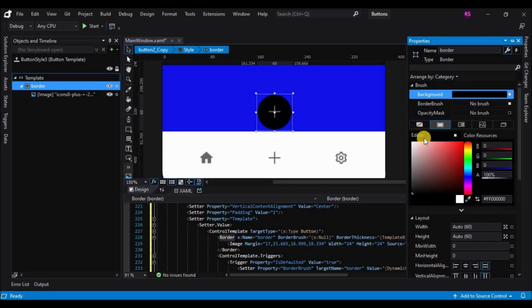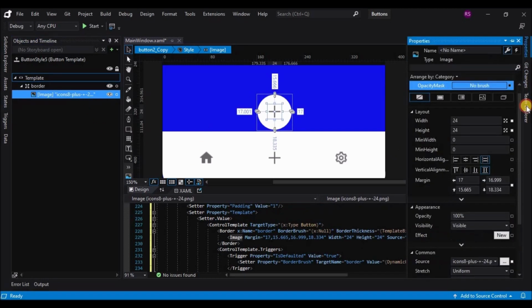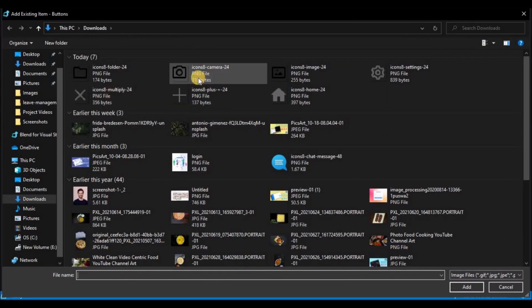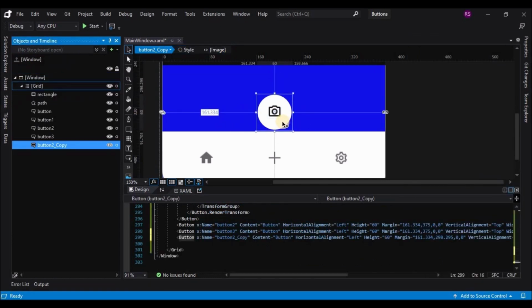So let's move this up. Before that, let's go back to the window and move this added button up. Okay, so let's start moving this, and we need 2 more buttons.